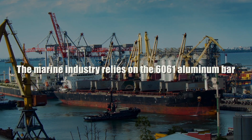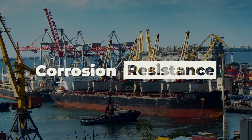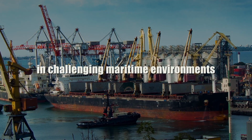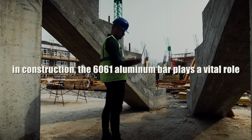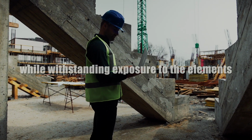The marine industry relies on the 6061 aluminum bar for its exceptional corrosion resistance, ensuring longevity and reliability in challenging maritime environments. And in construction, the 6061 aluminum bar plays a vital role, providing the necessary strength while withstanding exposure